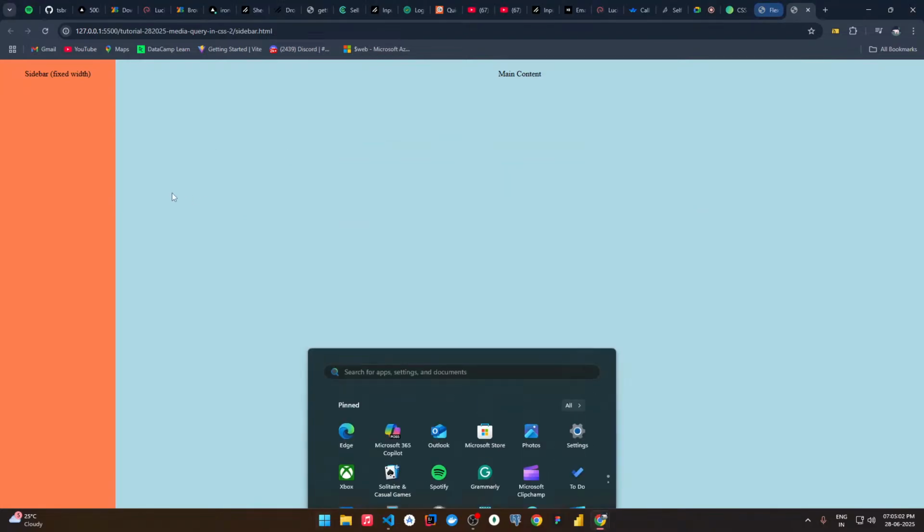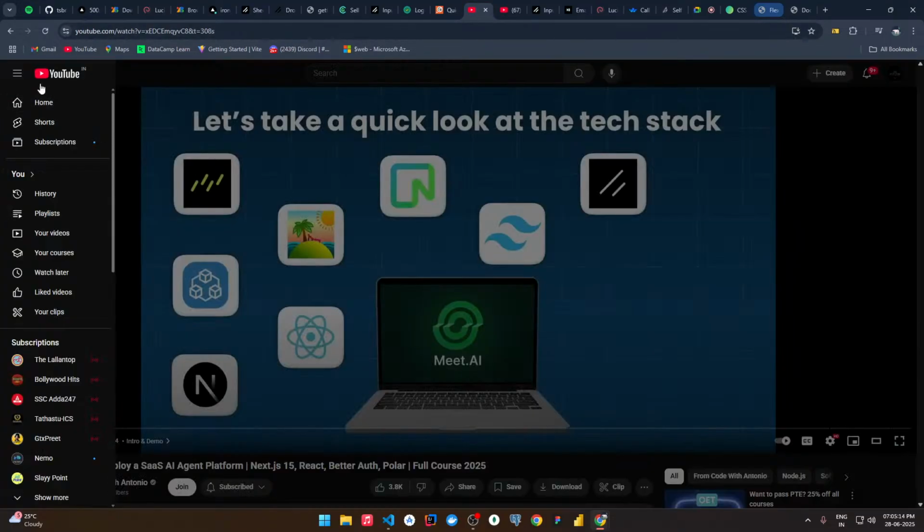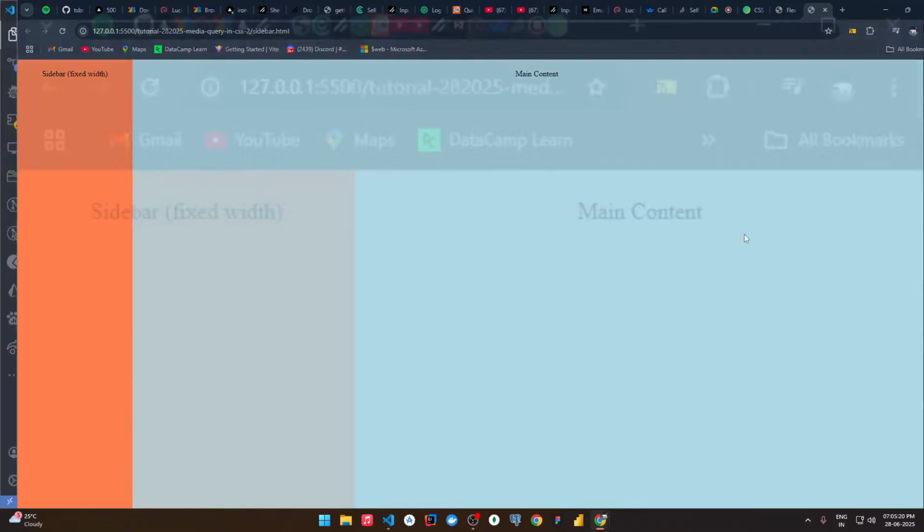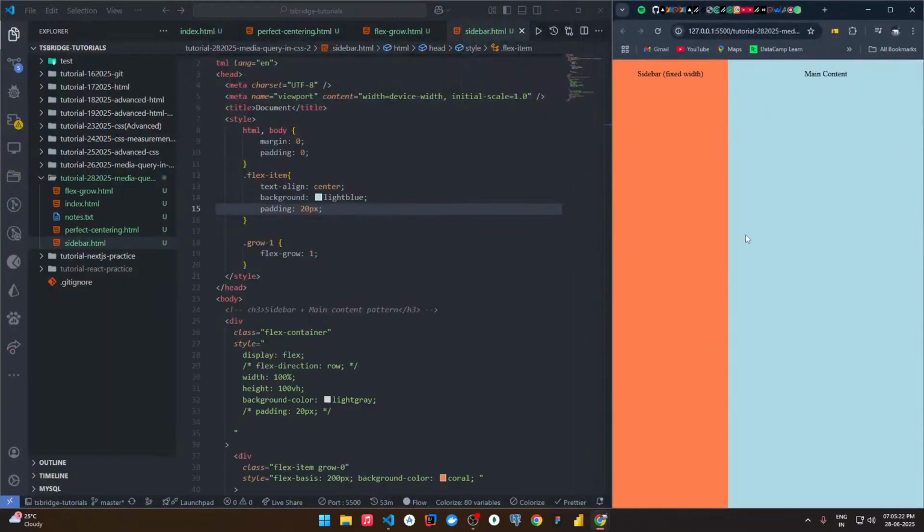See, there are some sidebars in some websites which are fixed like this for the larger screens, but in the small screens they disappear, and they appear only like a hamburger icon. So this is the perfect example of creating the sidebar. Now let's move further and discuss